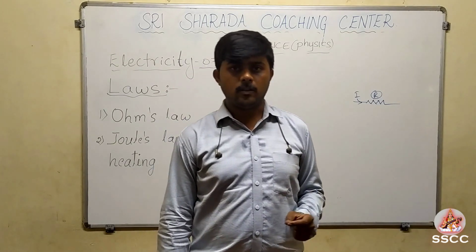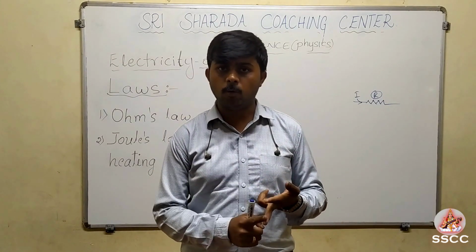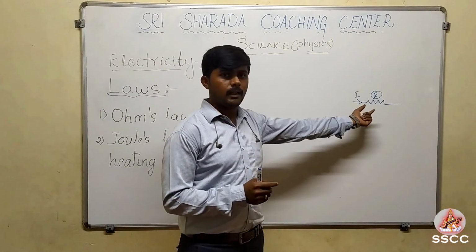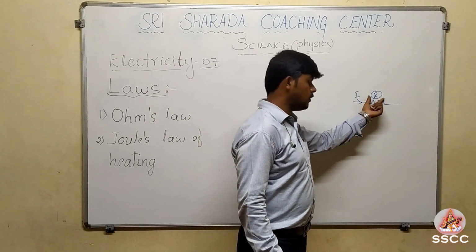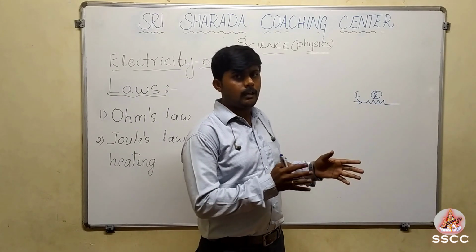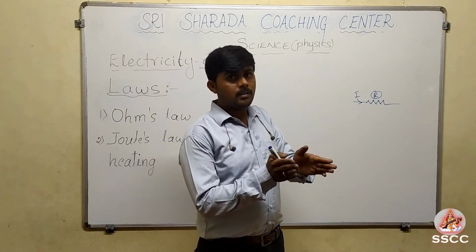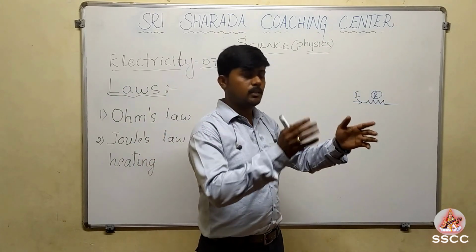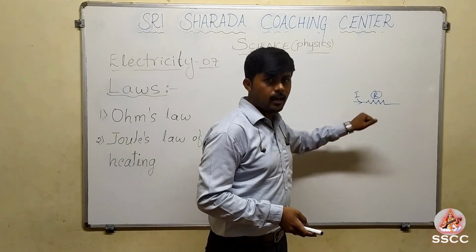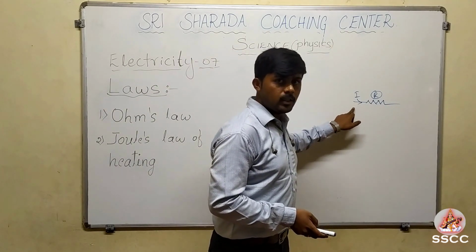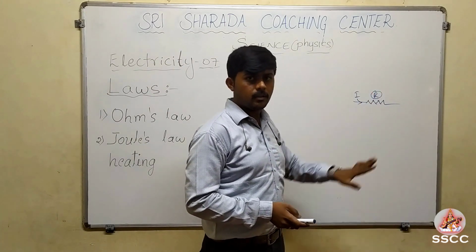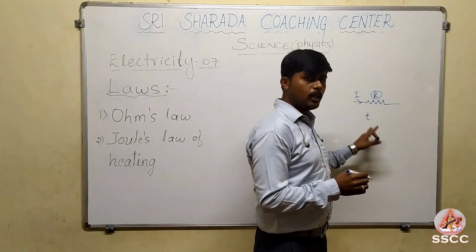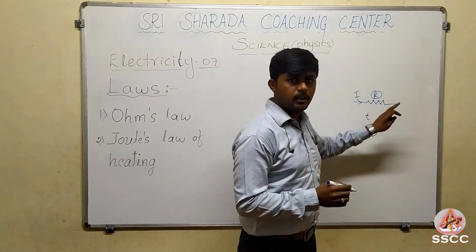We know many heating devices: an electric heater, electric oven, electric toaster. These are the heating devices. Here we are considering an electric heater and we are representing it by R. I told you why we are writing R there. When the material has appreciable resistance, then only it can convert electrical energy into heat energy. That's why I am representing that electric heater by R. An electric current I is flowing through that resistor, that is the electric heater, and let T be the time for which the electric current flows through that electric heater.